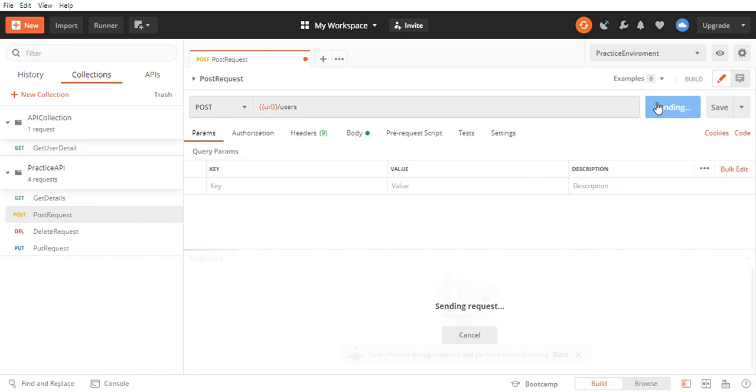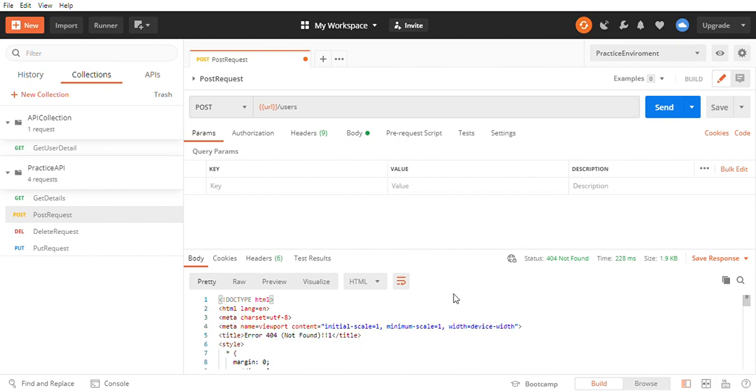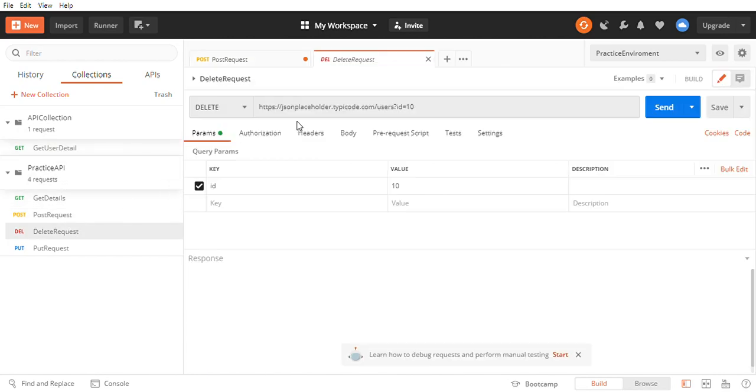Let's click on send. We got this 404 not found error because we have passed the incorrect base URL in our environment. Now let's pass the correct base URL in our request and see what results come.